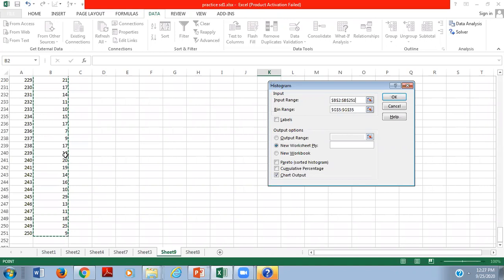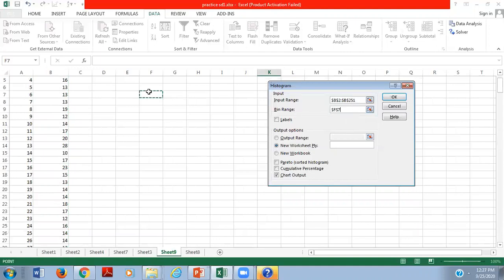So what should we give? We have to define the bin range, at what value is going to repeat in number of times, right? So for that purpose, we have to define a particular range also. And here we have already defined the input range, that is our data, and here we have to define the bin range.